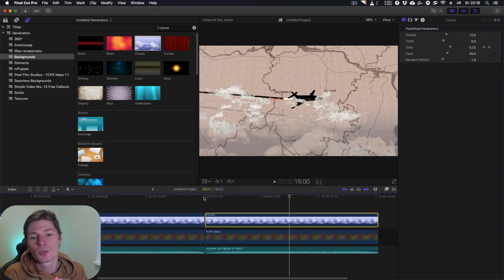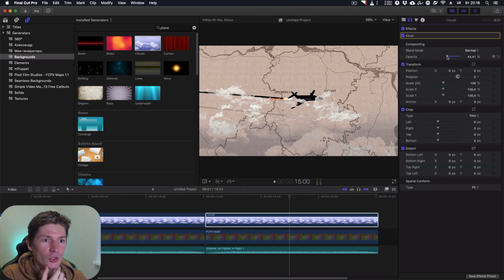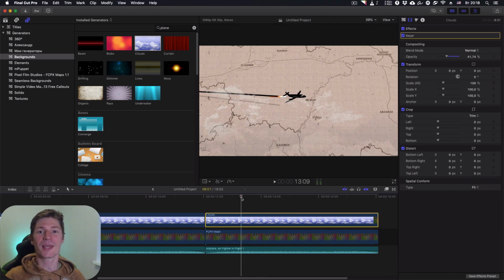And if you want, of course you can change the opacity of these clouds by changing the opacity setting. Okay, that's it. But it's not all about this plugin. I will tell you more about it, and then in the next video I will show you how you can make a trajectory. For example, when you ride a bike